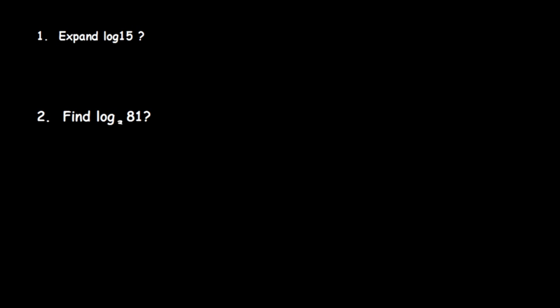15 is a composite number. This composite number we can write as the product of the prime numbers, that is 3 5s are 15, right? So now this log 15 we can write as log 3 into 5. Okay, now you can observe here this is the form of log xy. Log xy we can write as log x plus log y, right? So this one we write now log 3 plus log 5. That's it. This is the answer for this question.